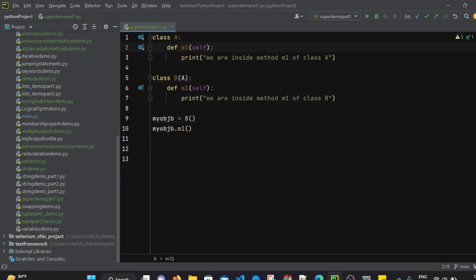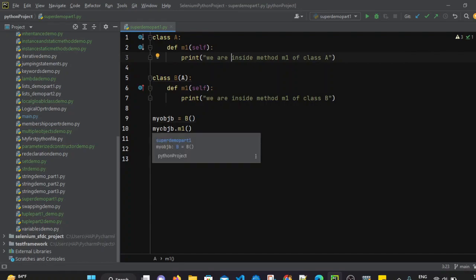Now my requirement is, while using this statement, I want to invoke the parent class method, that is m1, from this one, right? So I want to invoke not only the child class method but the parent class method as well. So I want to invoke the method m1 of class A by using an object of class B. How can we do that?